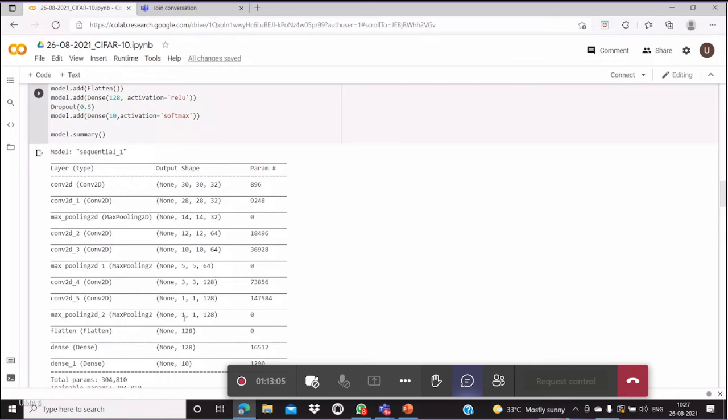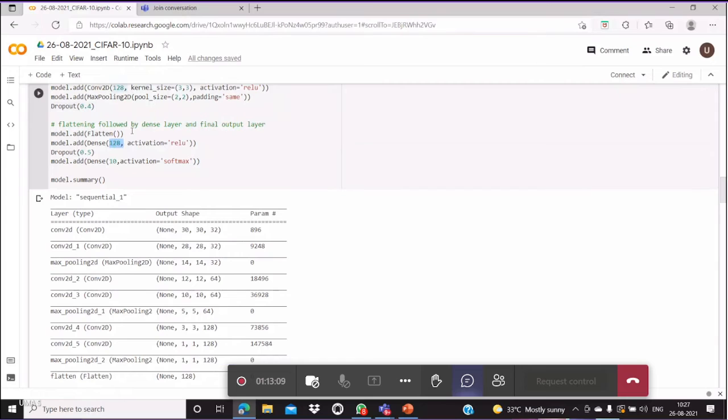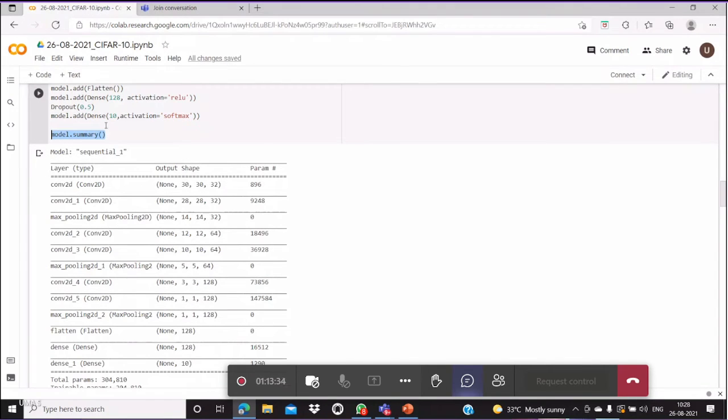What the third block's parameters total will be given to a 128 dense layer. The 128 dense layer is then connected to a 10 dense layer, because here I have to consider 10 classes. So I'm going to use the softmax function. Suppose you consider only binary classification, you can apply the sigmoid function instead, and then the dense layer would be given a binary value of 2. Then I'm going to summarize it.